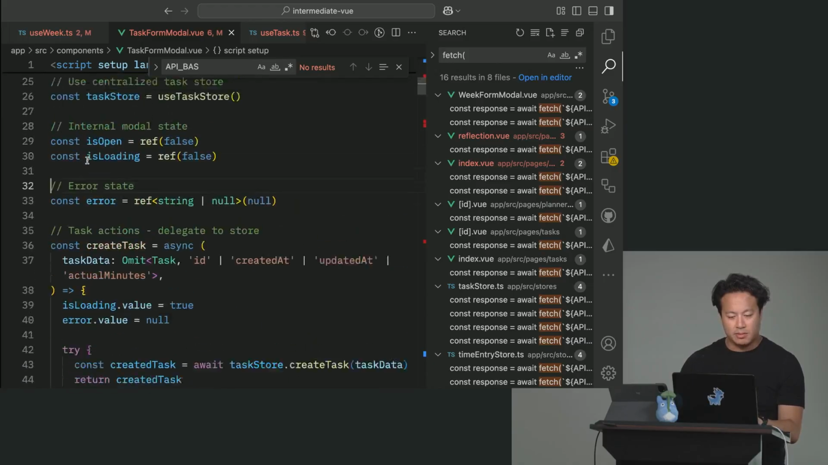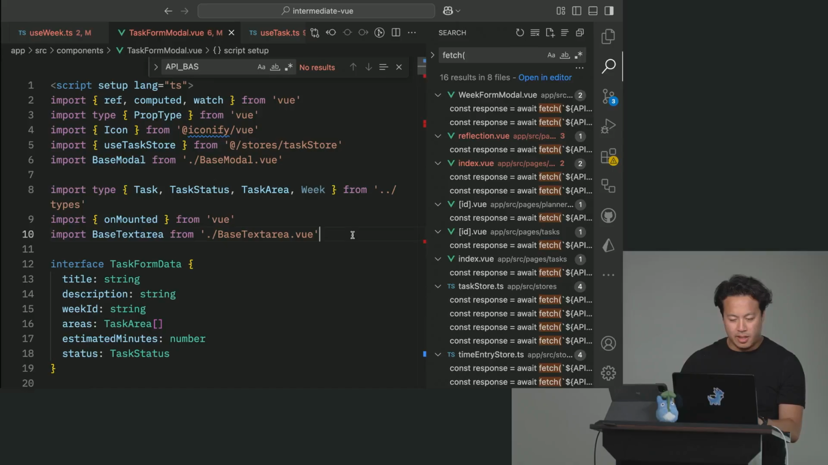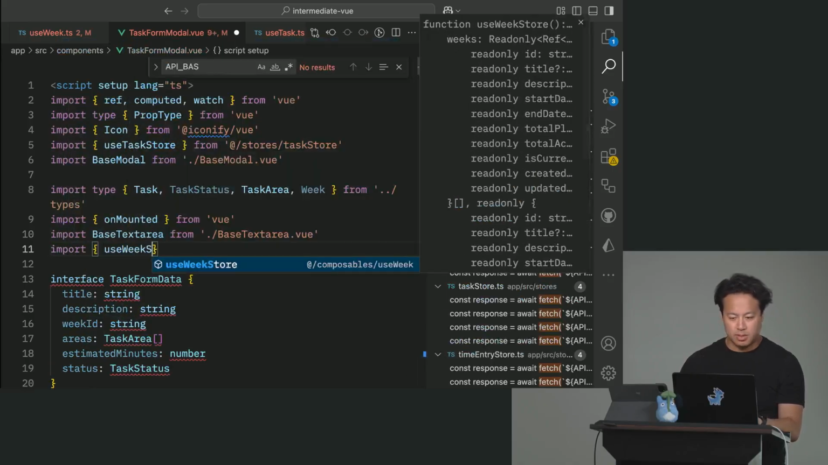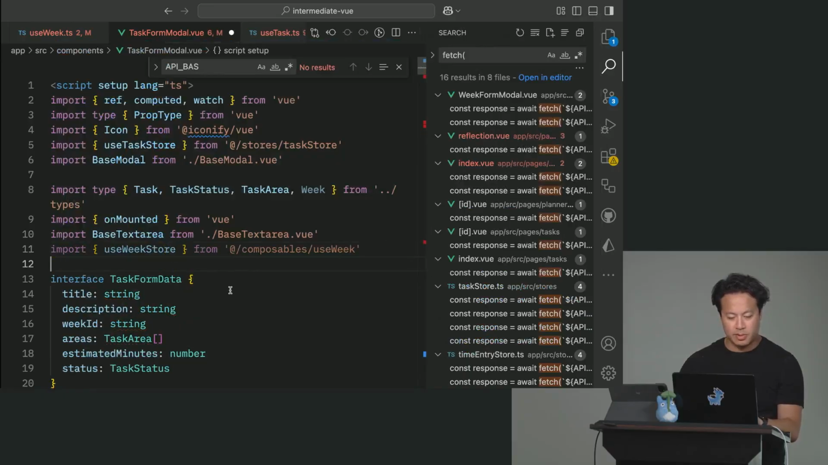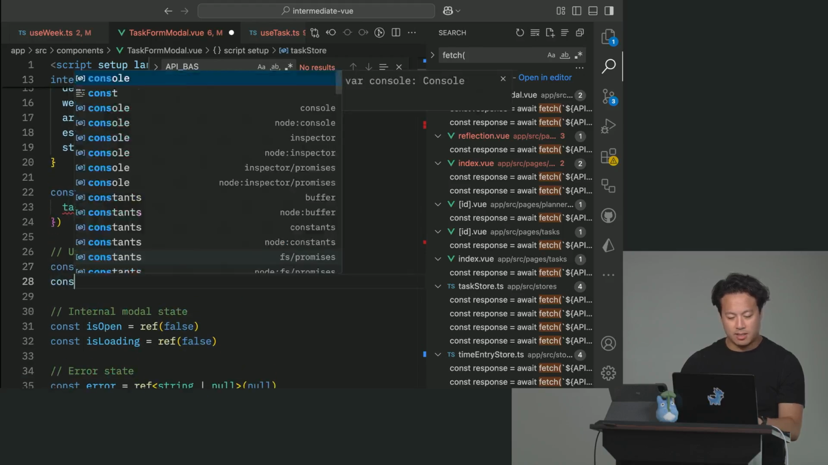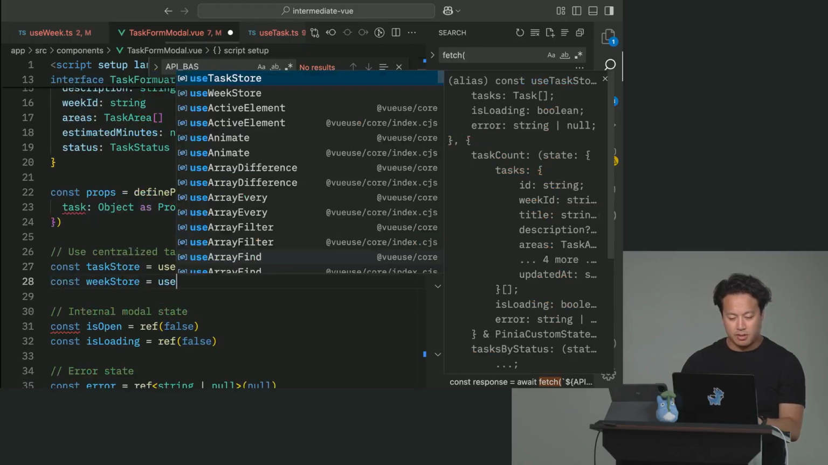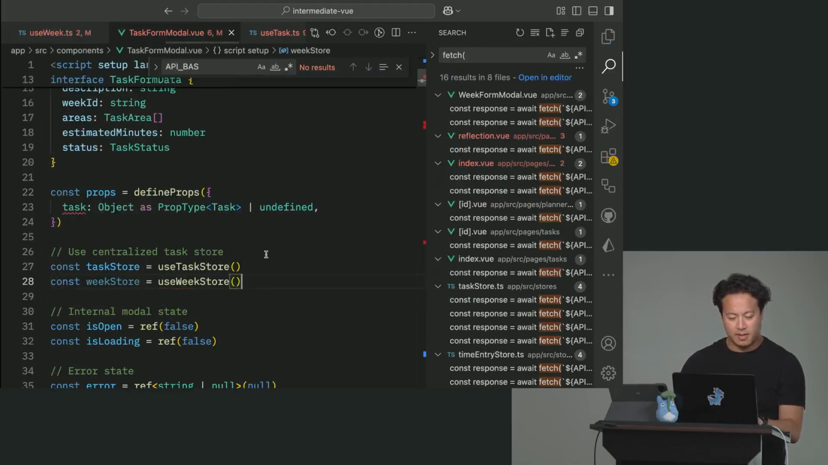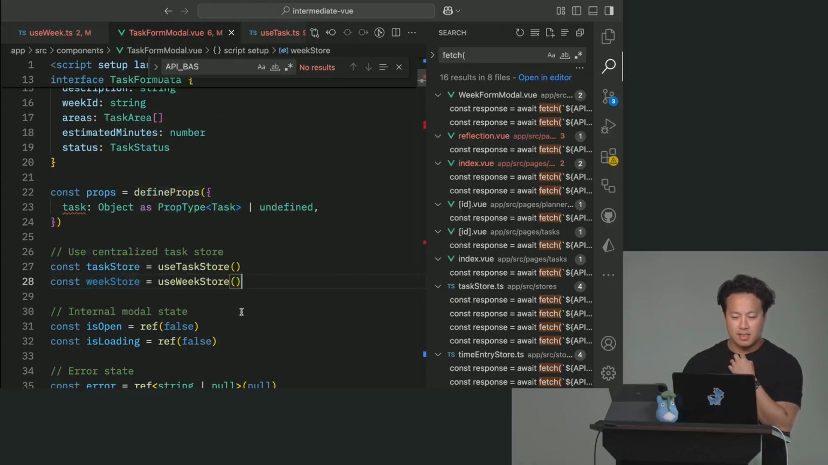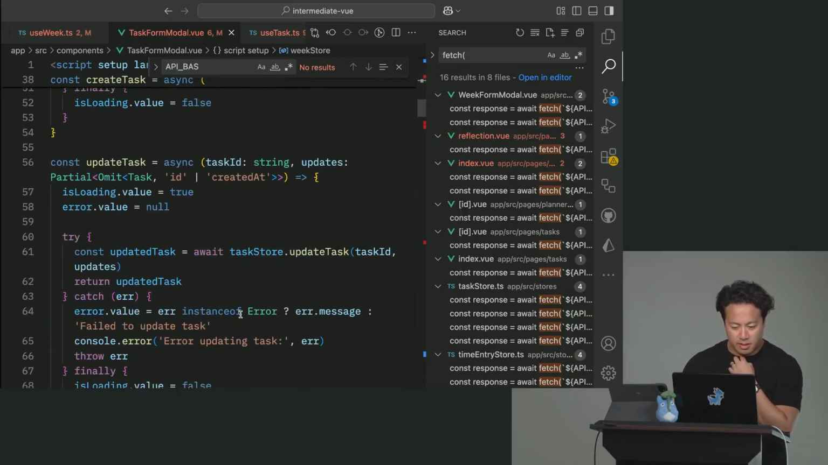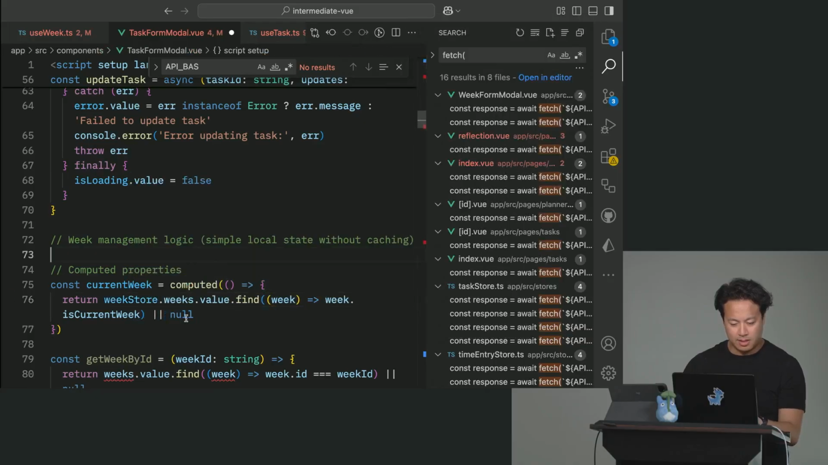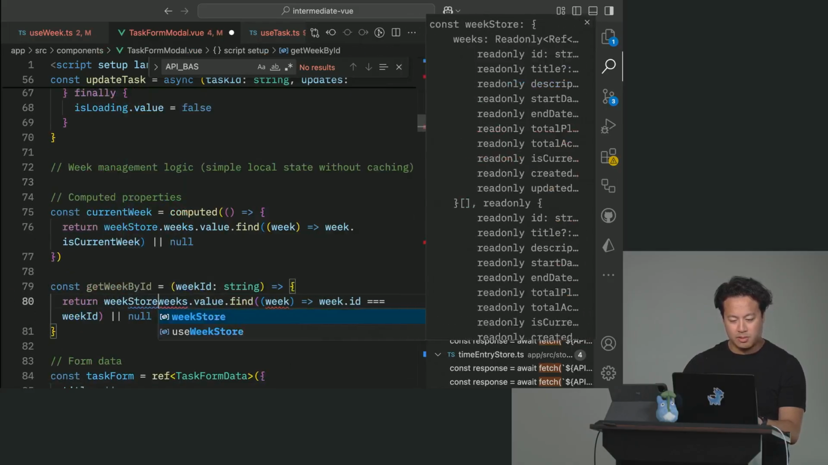So what we can do then is we say, okay, we're gonna import use what I call week store from composables use week. And then I will go ahead and initialize it, and I'll say const week store equals use week store. And then you'll see here, there's a bunch of stuff basically ready for us to access. And so from here, week store dot weeks now works. Week store dot weeks